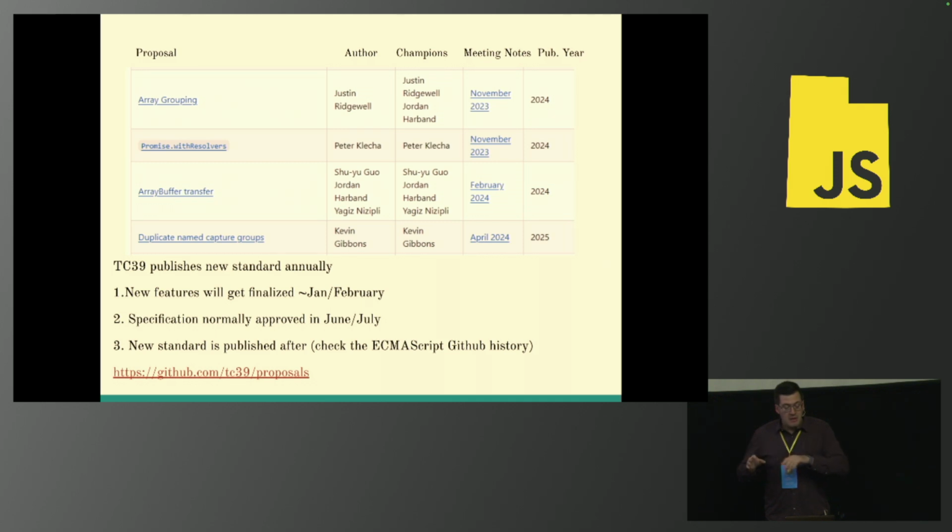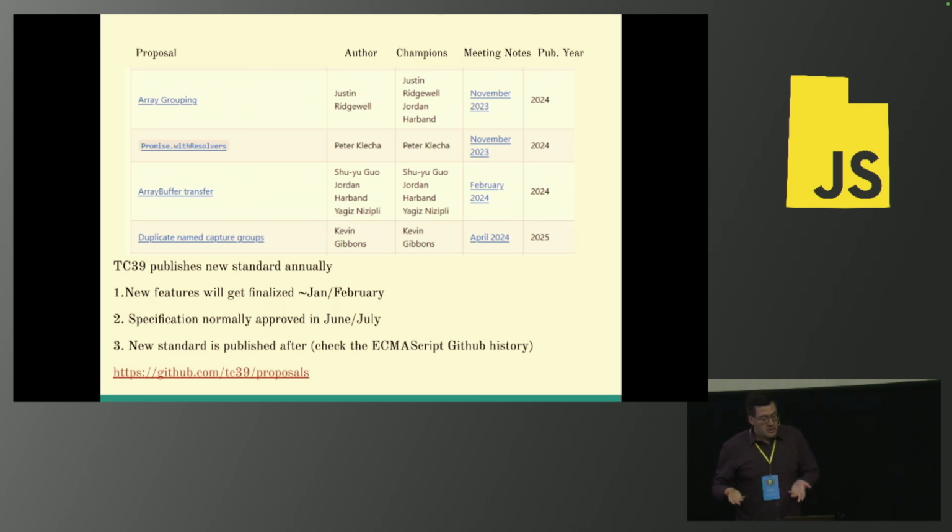Then they need some time to formally approve that specification. And like back in the day, you could request a full printed version of the ECMAScript specification and they would mail it to you. I don't think they do that anymore. But they need time to get it in. So like there's a cutoff date roughly around February. So this one that was approved in April, it's good. You could start using it. It's just not going to be in the official spec until 2025.